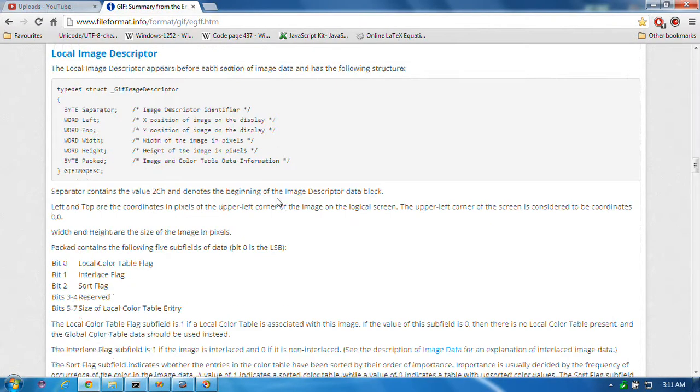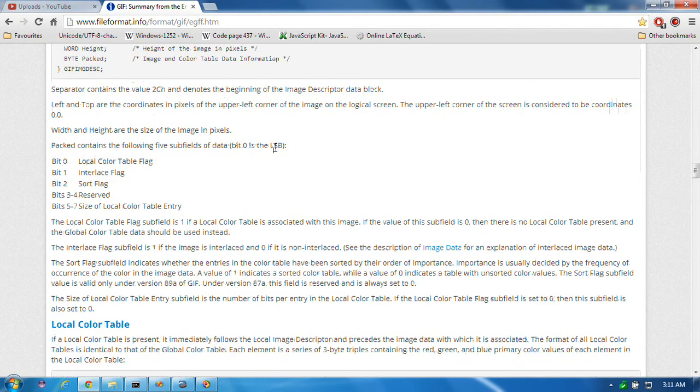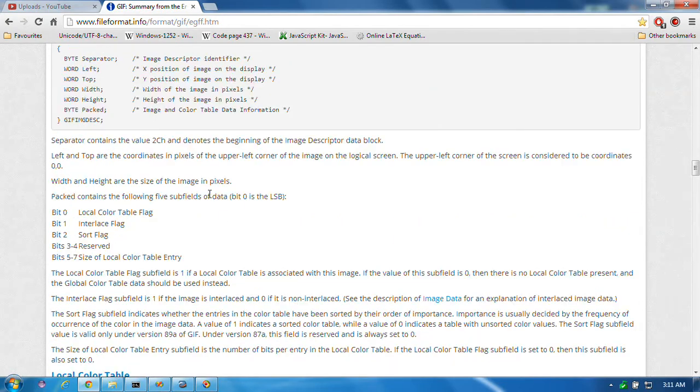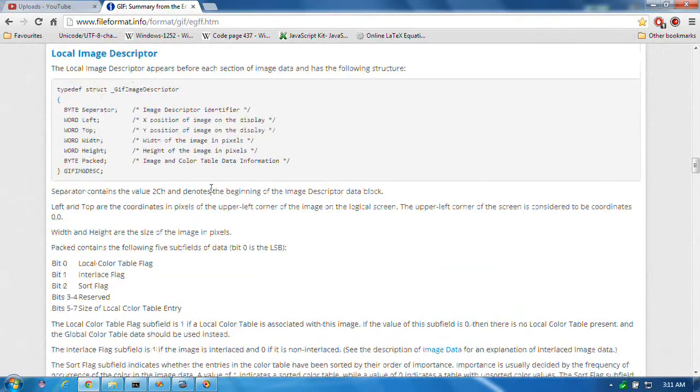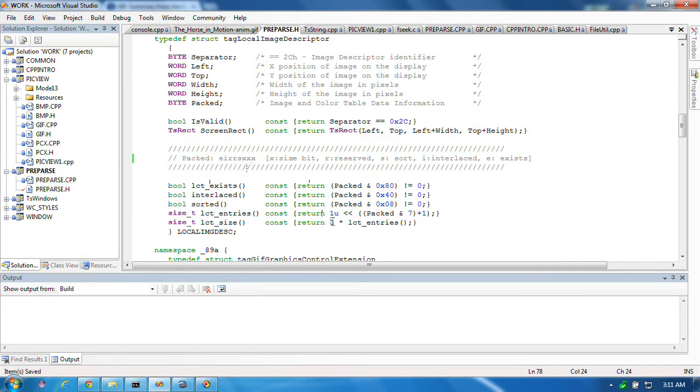Now, the local image descriptor also has a packed field. Bit 0, least significant, says the table exists, so that means it's backwards. And bits 5 to 7 are the size of the color table. You see? It's reversed. But in fact it's not reversed. I thought maybe it was reversed on purpose so that you could tell one from the other. But it's not. They're in the same order. And once I fixed that and got rid of all the assertions and stuff,